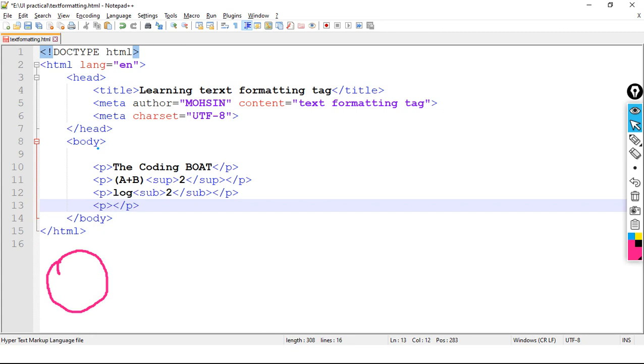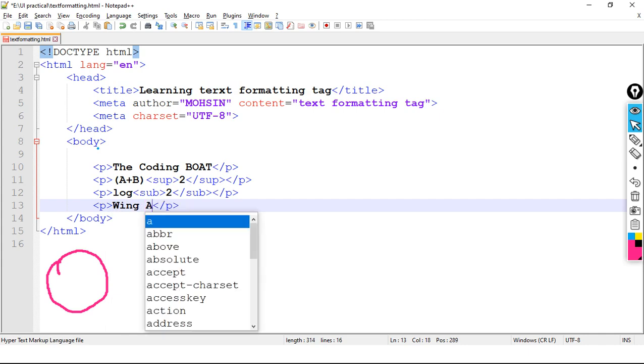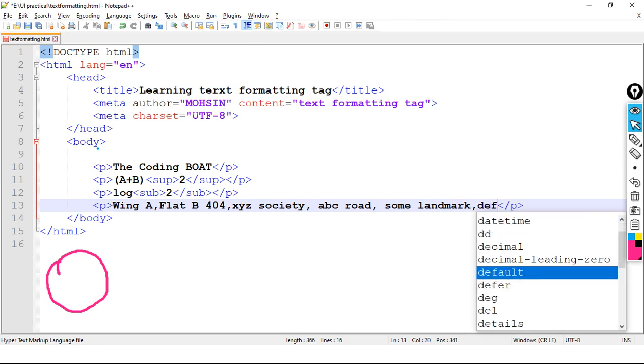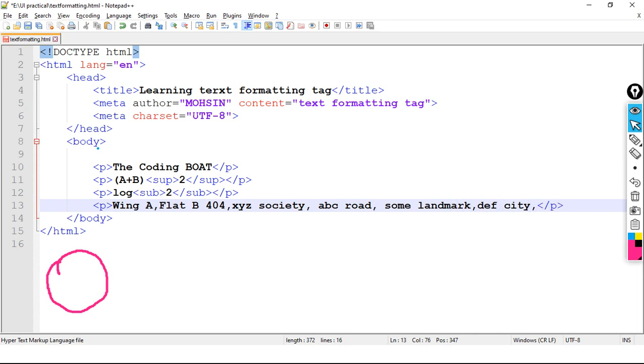Let's say wing A, flat B404, and then ABC road, then some landmark, then city, sorry, here XYZ society, ABC road, some landmark, then some city, DF city, then using state